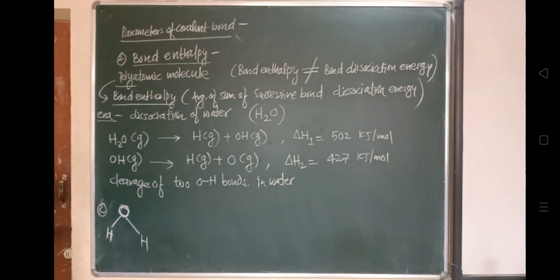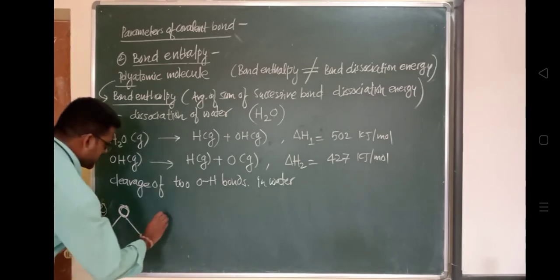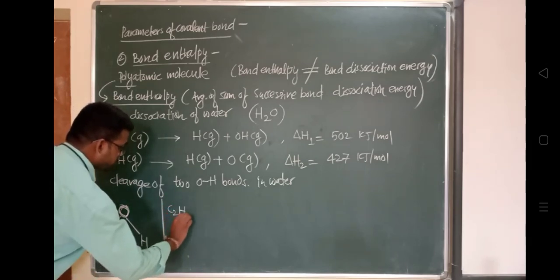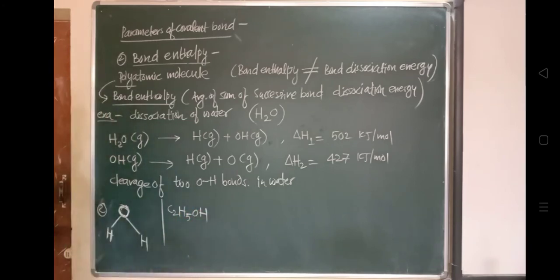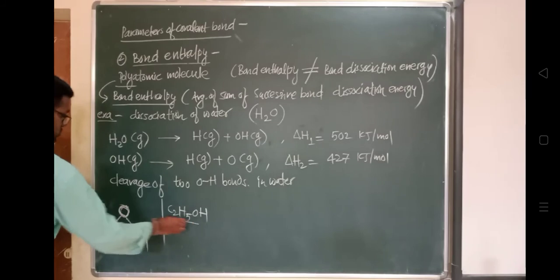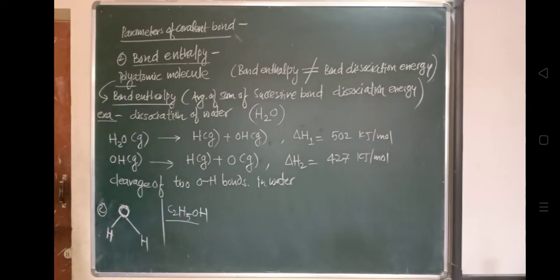In the same way, the bond enthalpy value of any covalent bond is slightly different for each bond of that kind in a given molecule, and also in a different molecule. To break this one OH bond and to break that other OH bond, the amount of energy required will be different. You can observe this with the help of these figures.